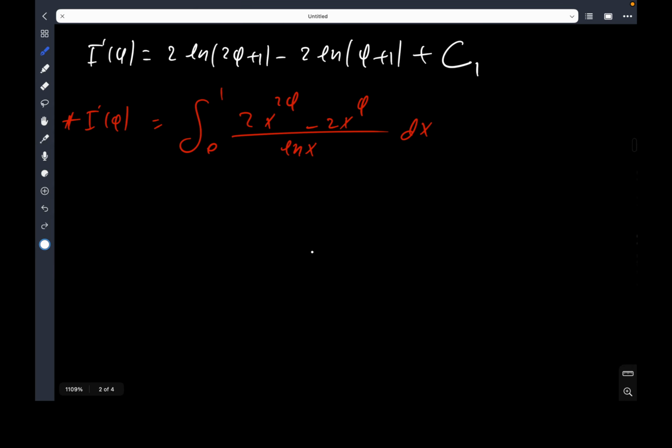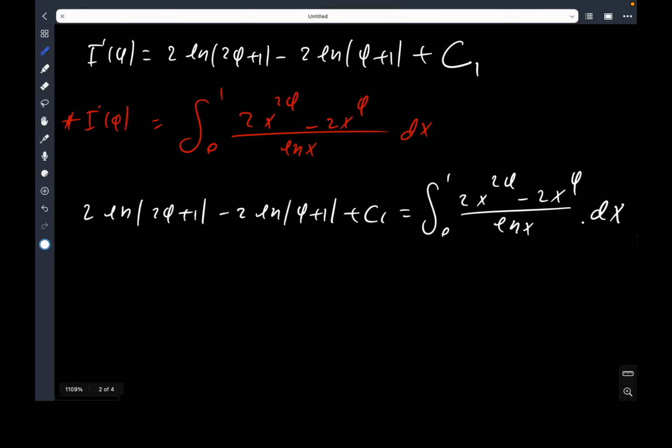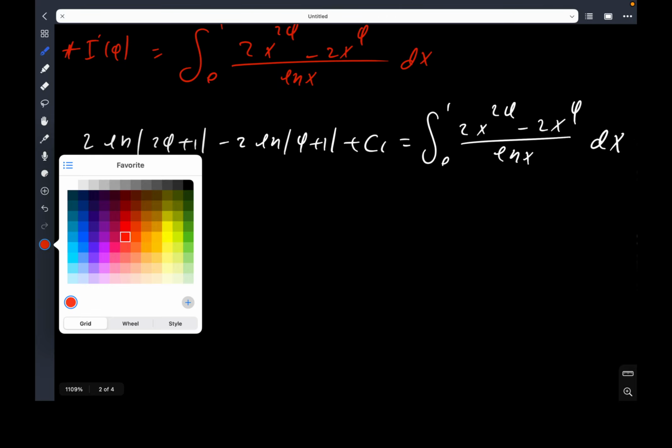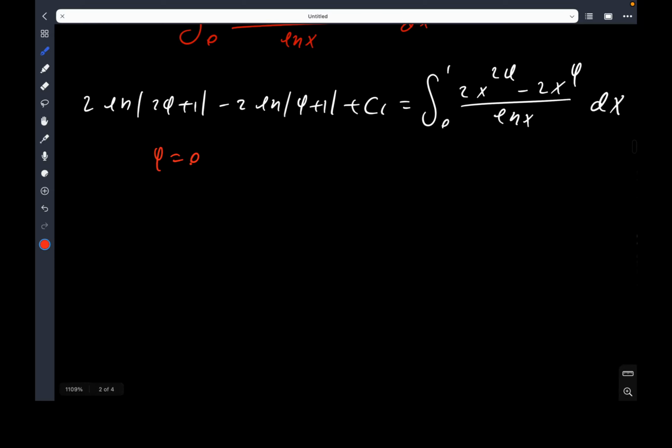And I'm going to get 2 ln of 2 phi plus 1 minus 2 ln of phi plus 1 plus c1 equals the integral from 0 to 1 of 2x to the 2 phi minus 2x to the phi over ln x dx. And if I just let phi be equal to 0, I'm going to get